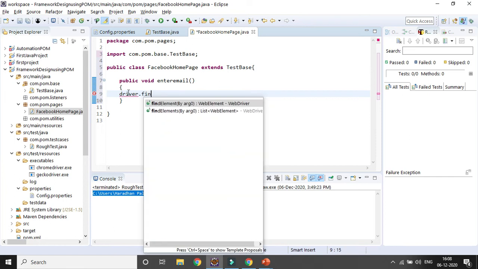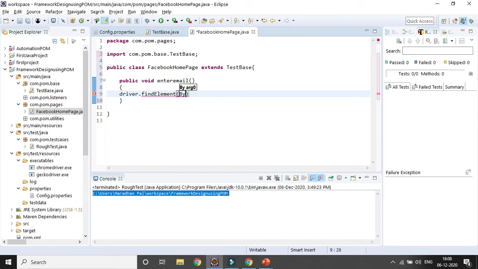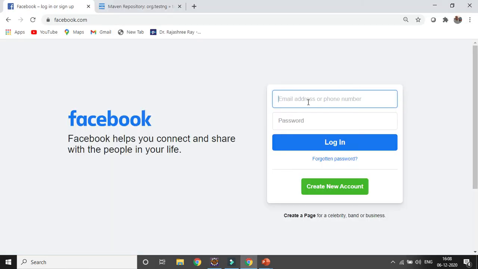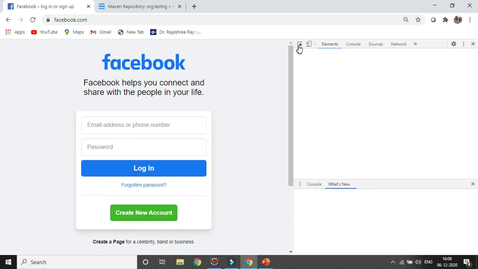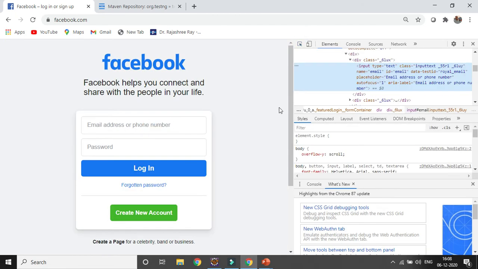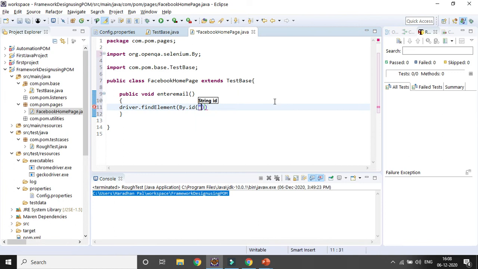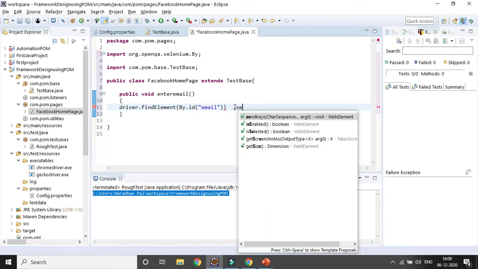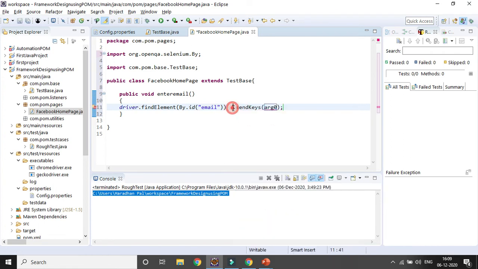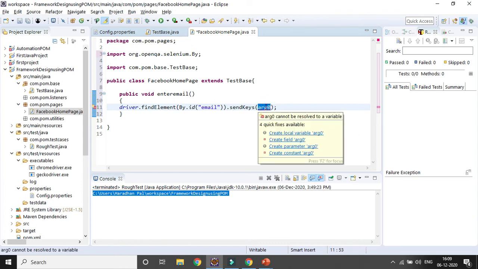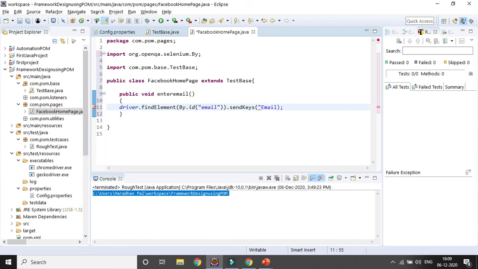First, driver.findElement(By. and first let's identify the email field. So you need to press the F12 button on the keyboard. Let's identify. What are the unique properties there? ID equal to email. So I can identify it through ID, right? By.id, and I am giving the ID as email. Okay, and as it is a text field, I can send some keys. Everything I am hard coding right now. Dot sendKeys, and the keys are, say, email12345. I want to add it, right?